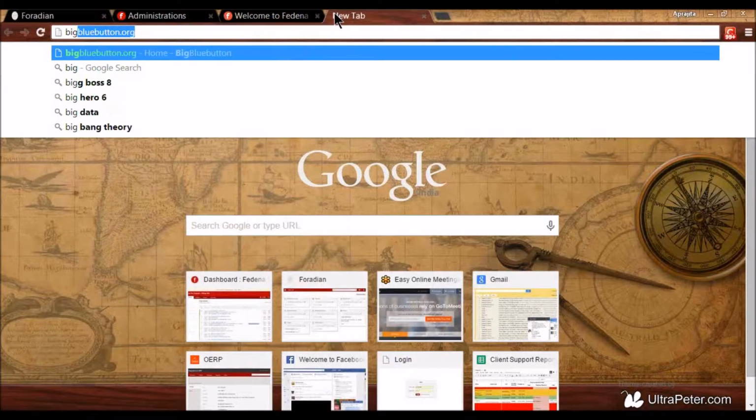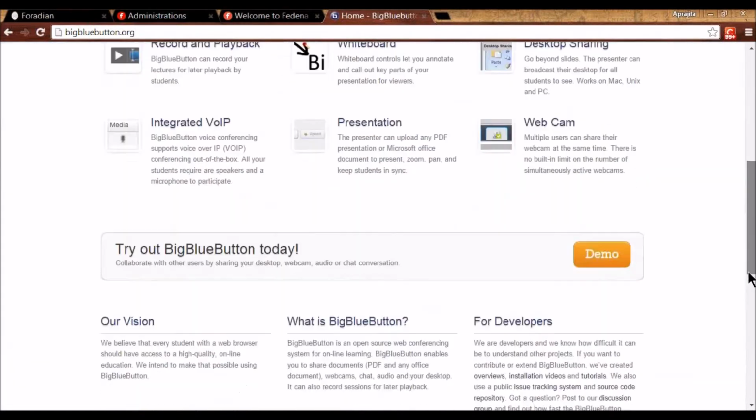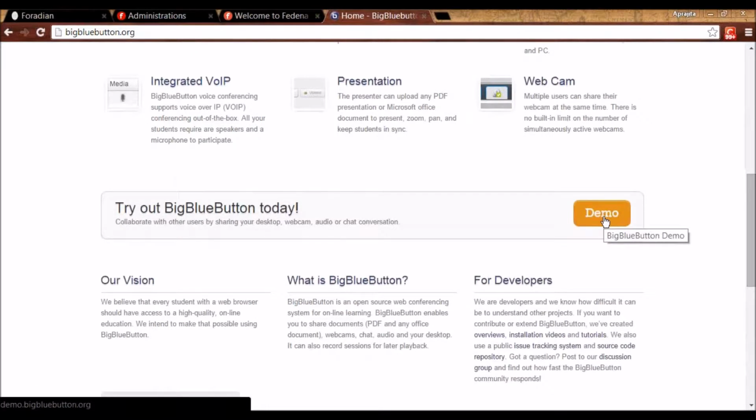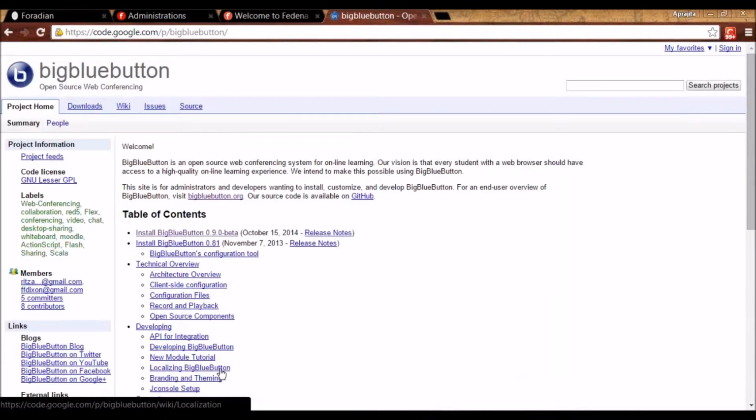So for that, again, we need to integrate Big Blue Button with Fedena before starting to use it. So we have to go to bigbluebutton.org, and you can try the demo here. And the same interface will be available inside Fedena. And then you can also download the source code of Big Blue Button, and you can follow the instructions that are given while downloading here. And once you have done that,